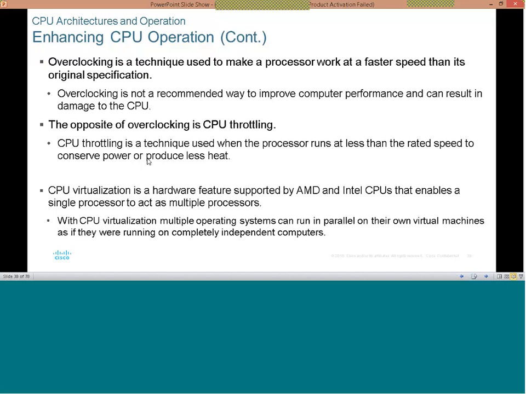So it's either you're doing overclocking to increase the speed, or you're looking at the opposite side of it, which is what we call CPU throttling. Throttling is a technique where the CPU actually runs at a lower speed, which is completely the reverse of overclocking. Okay, so all these are to be able to regulate the CPU performance. Either you want it to be very high or you want it to slow down, depending on the purpose in which